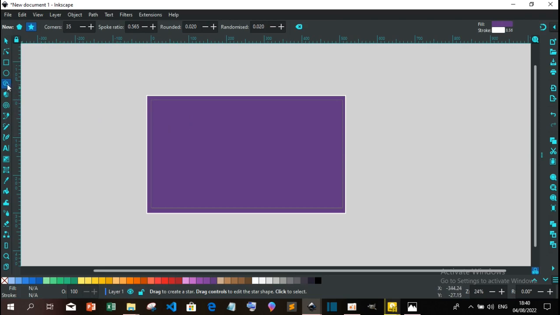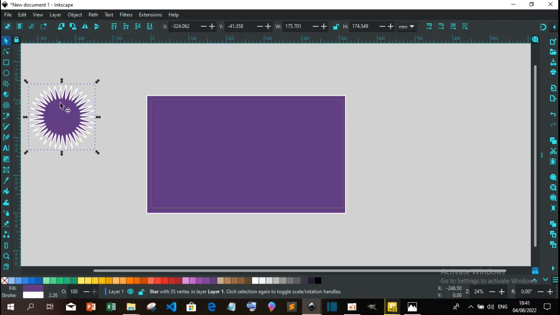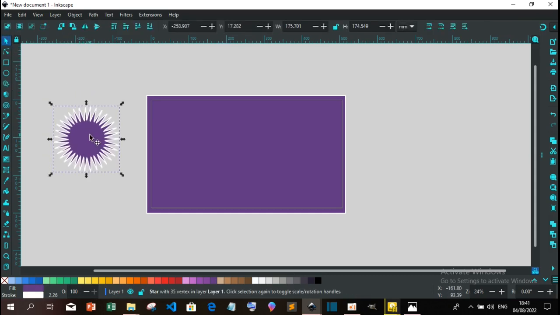Okay, so what you want to do is select the star tool, and then you create your star. So mine is picking this weird format because this is the format that I was using previously. So what you want to do now is get rid of the stroke. So I got rid of the stroke, and then